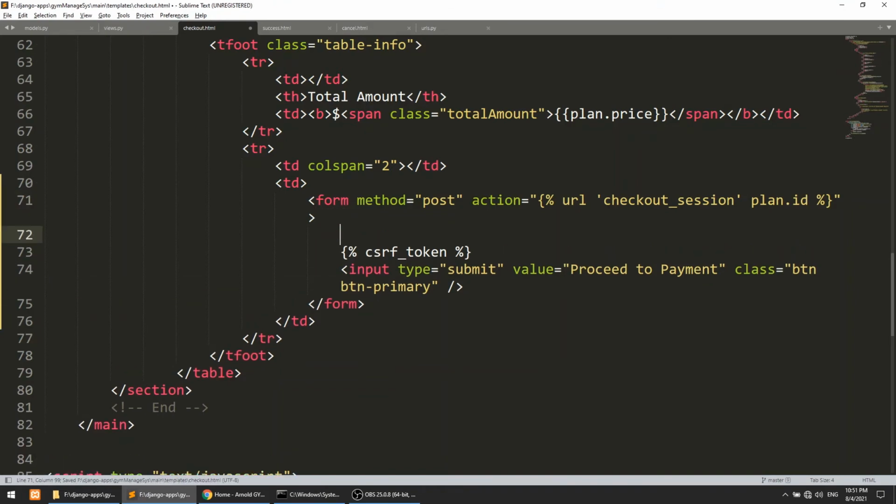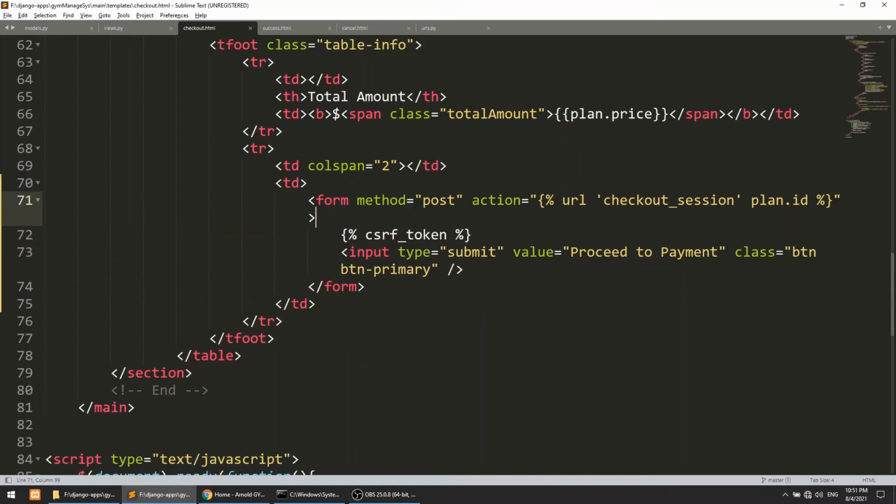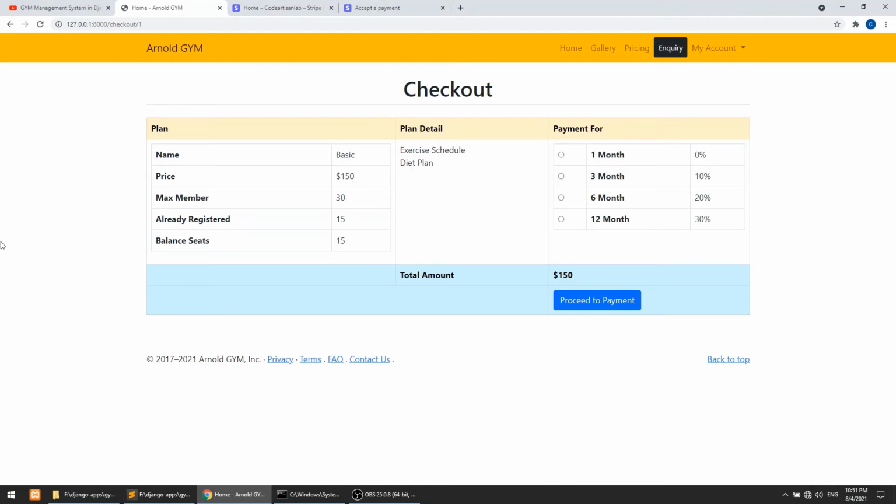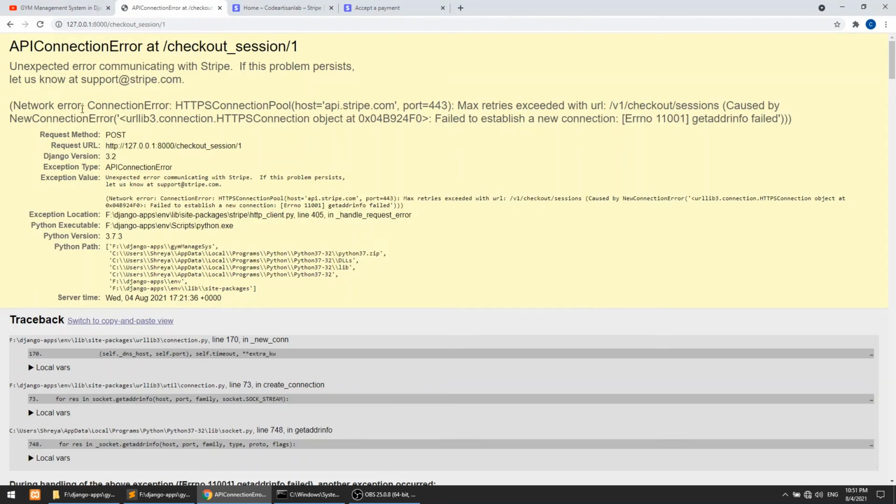When we start this bracket, it created the extra bracket, auto close. Okay, so let's proceed to payment, and it is saying unexpected error. If this problem persists, this is maximum retries exceeded with URL checkout session. Okay, actually I think I have tried so many times, so that it is saying this error.